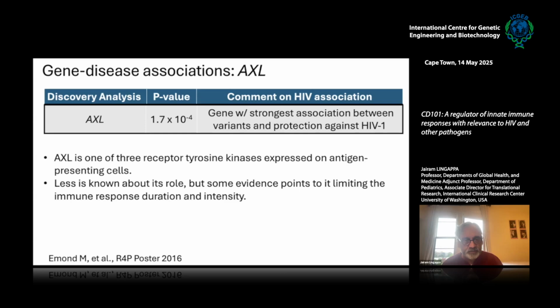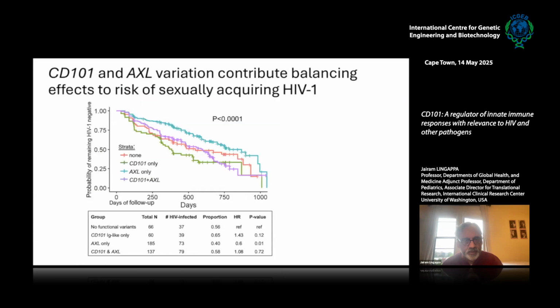AXL is one of three receptor tyrosine kinases expressed on antigen-presenting cells, and less is known about its role, but some evidence points to it limiting the immune response duration and intensity, so tamping down the level of inflammation. And the intriguing part is that